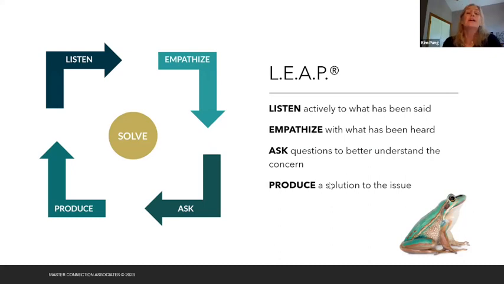Potentially true, right? All right, so let's walk through LEAP with that one, because we can LEAP, right? Even these situations where you feel like there's really no answer. So let's go through this. I'm going to express that concern to you, Lynn, and I'm going to have you respond with LEAP as best you can.